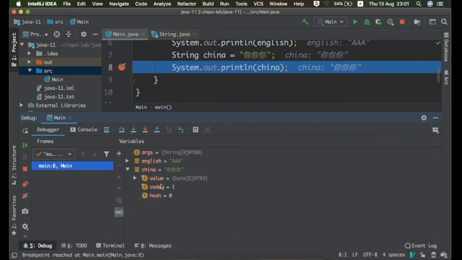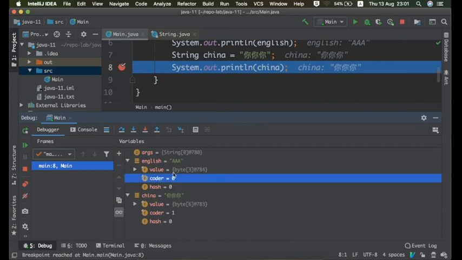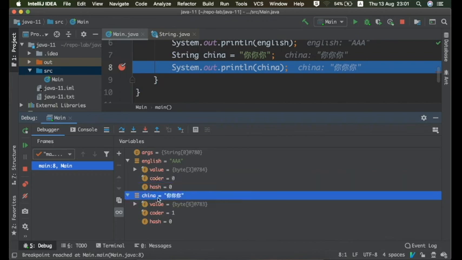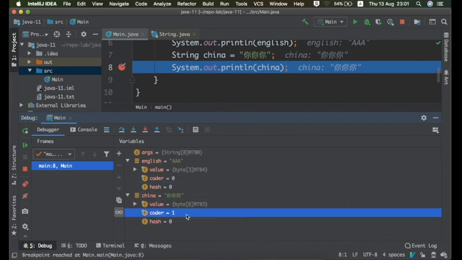Here you can see one attribute called coder. If it is simple Latin characters using 1 byte, the coder is equal to 0, and if it is taking 2 bytes, then coder is set to 1.